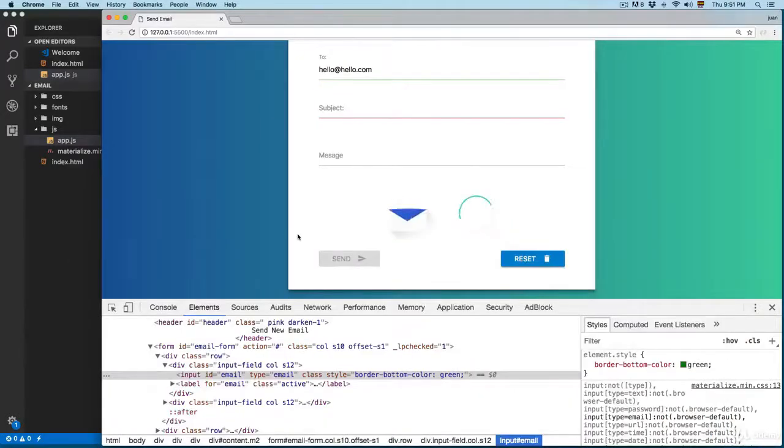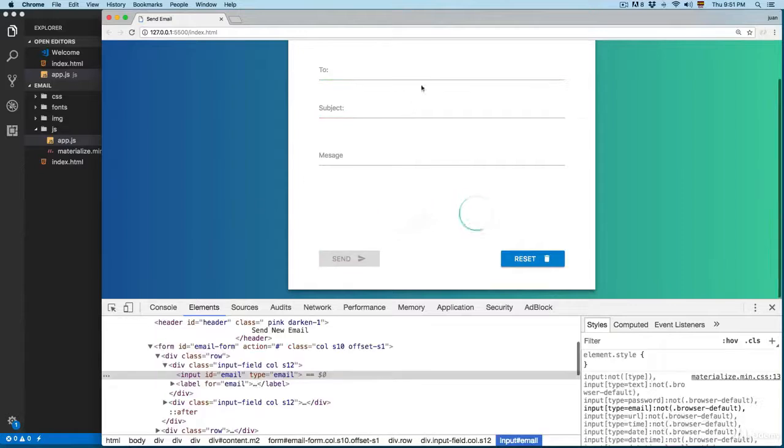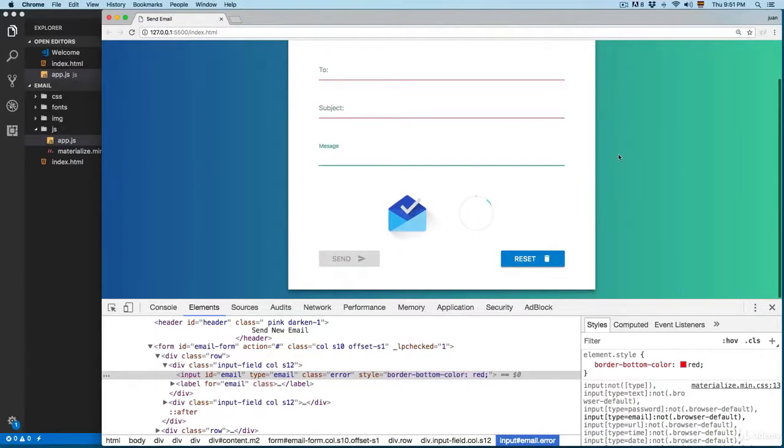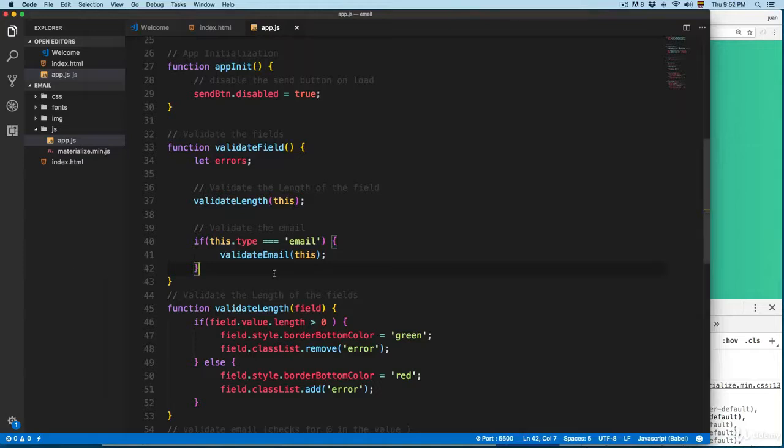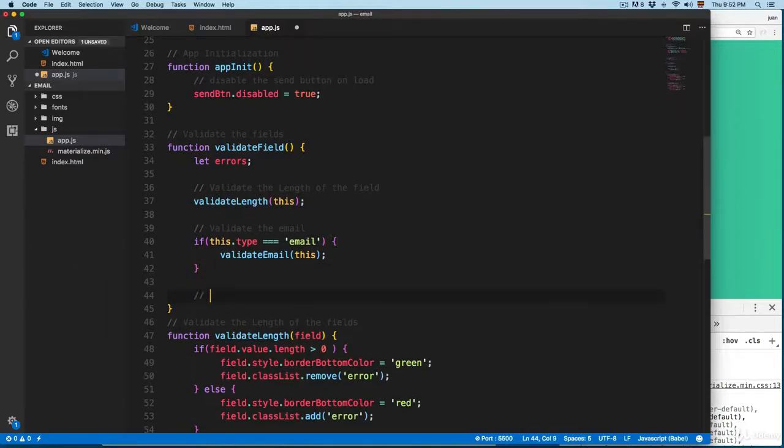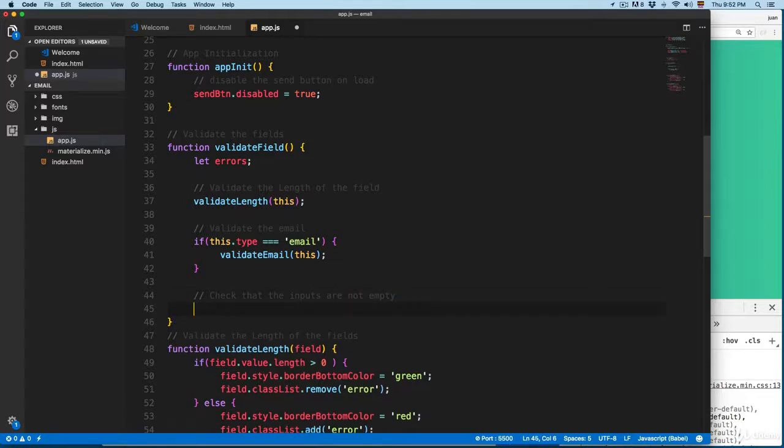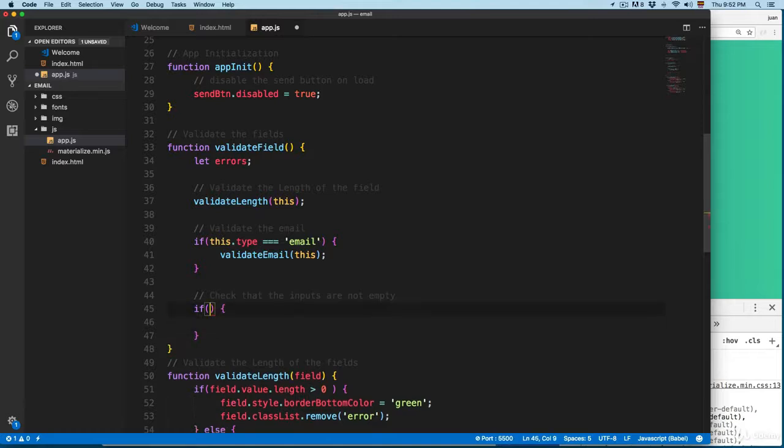So let's continue building this project. Now we have added this validation, something really simple. So the next step is going to be, once we pass this validation, we're going to enable this send button. So right after this, I'm going to add a comment, and we're gonna check that the inputs are not empty. So we're gonna create an if statement. We're gonna add if, and here I'm going to add email dot value,